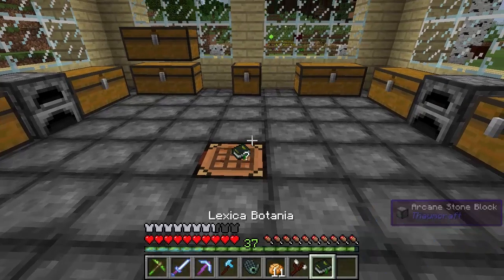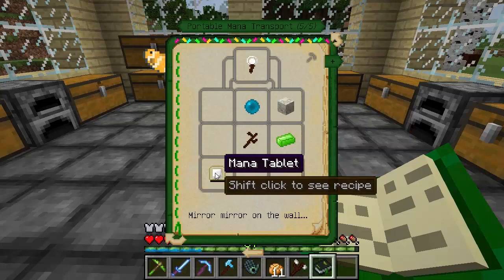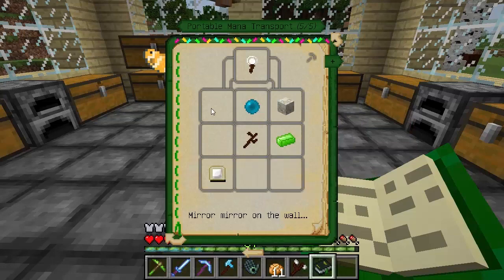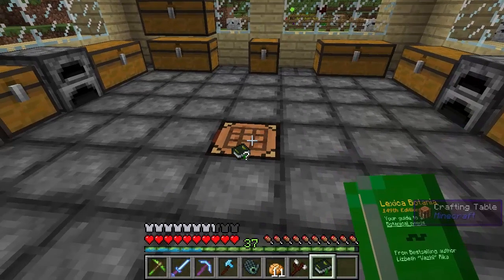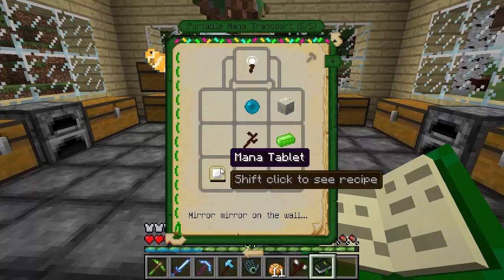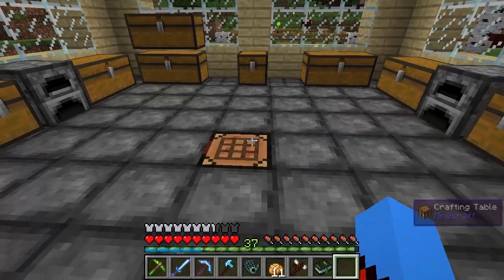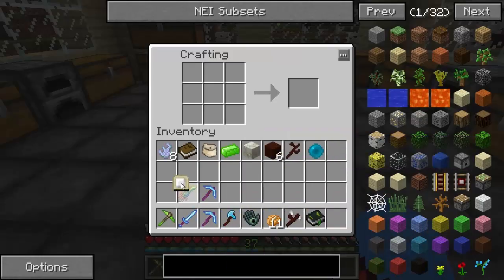Am I getting this wrong? Living rock, terra steel, mana pearl, living wood twig, and a mana tablet. I have all of that. That was what I had it as. It's not a special way of crafting it, is it? Maybe I need an empty mana tablet that was not made empty, because that's got...